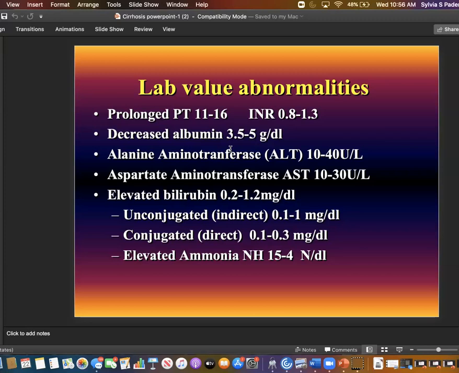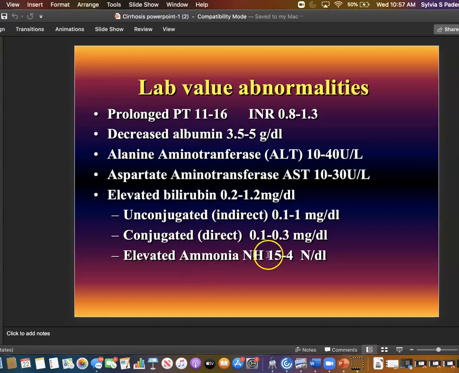Normal is 0.2 to 1.2, and so if you see numbers that are way out there, then know that there's an abnormality. But you need to know that there'll be a problem with clotting, and that's why there's a prolonged PT. And then the INR will also be prolonged, with decreased albumin, and elevated ALT, AST, and bilirubin,